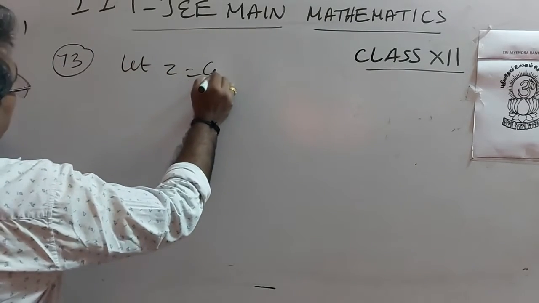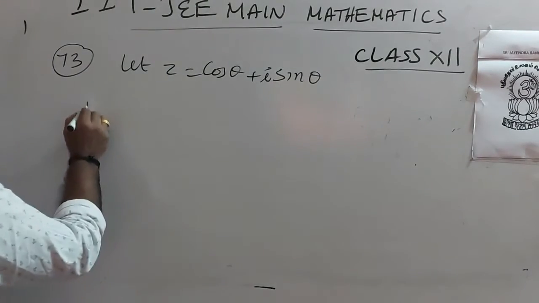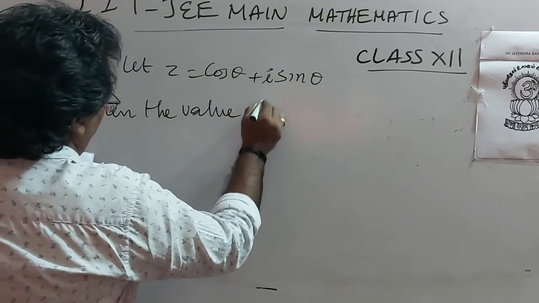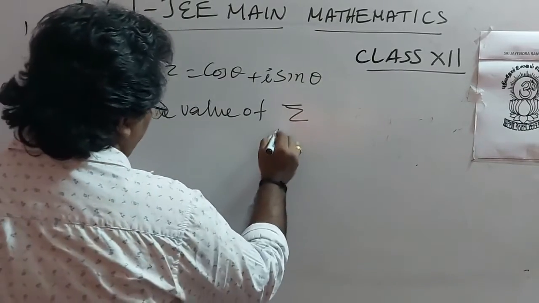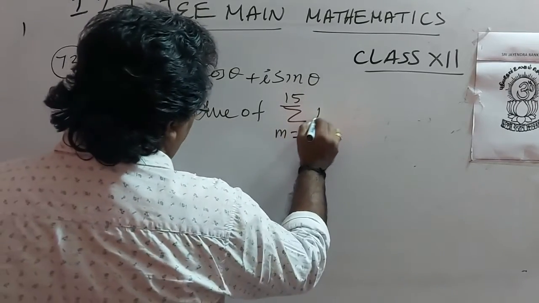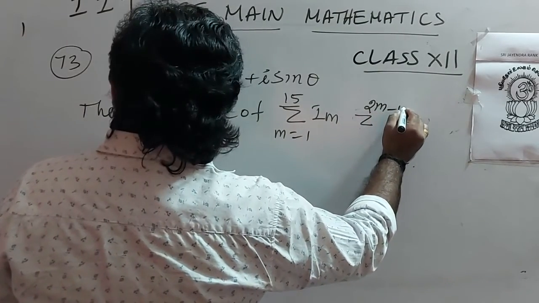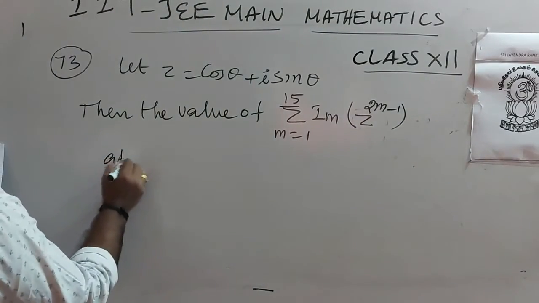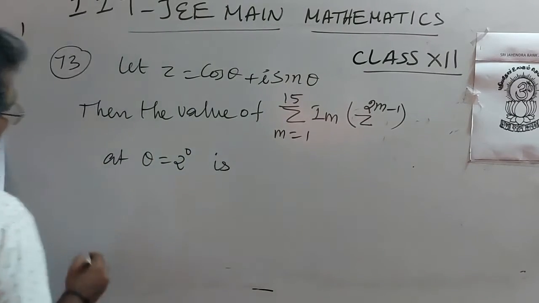Let z equal to cos theta plus i sin theta. Then the value of summation m equal to 1 to 15, imaginary part of z power 2m minus 1 at theta equal to 2 degree is option A